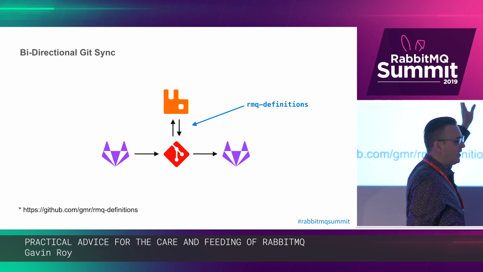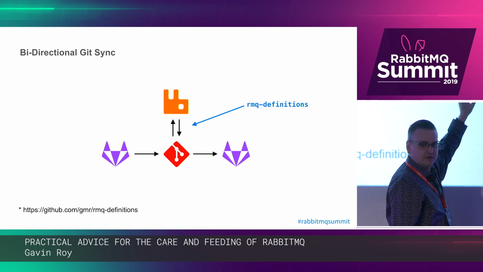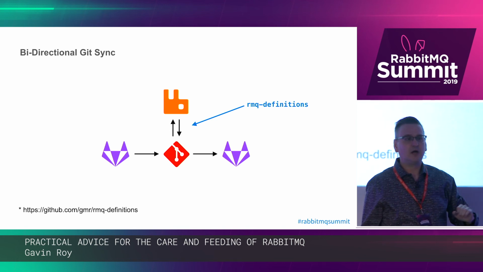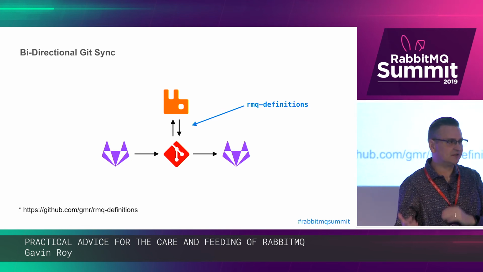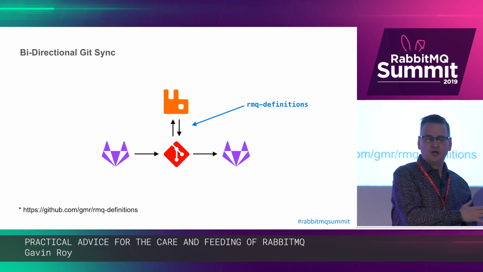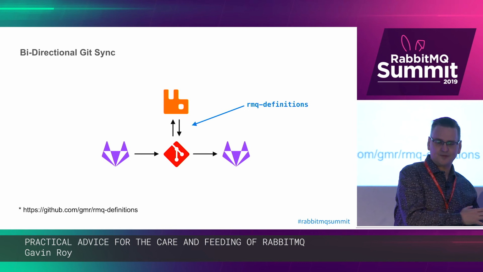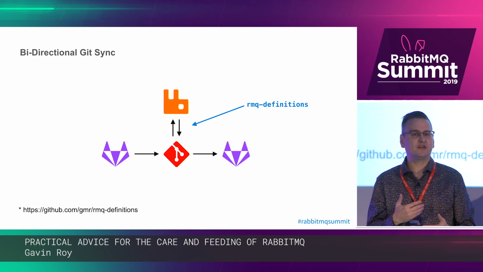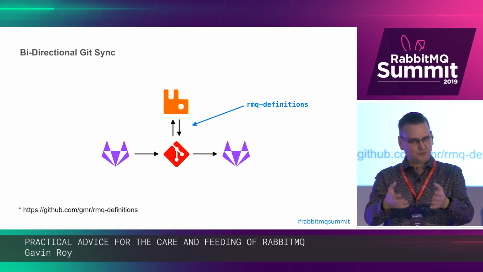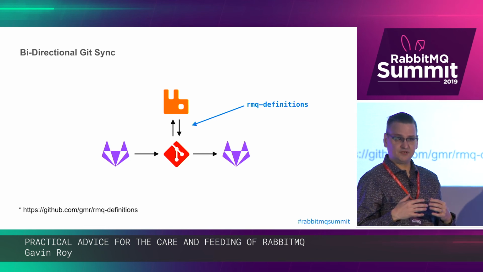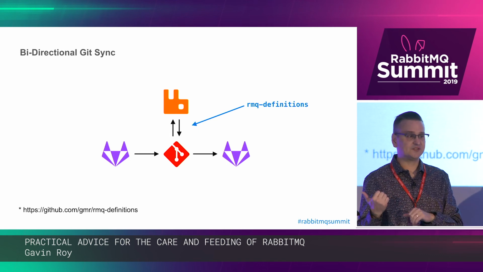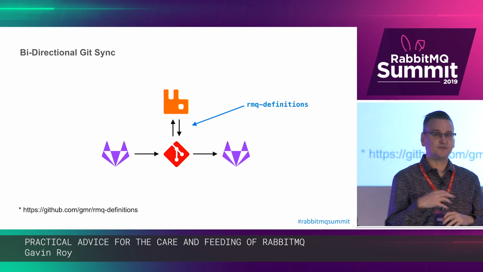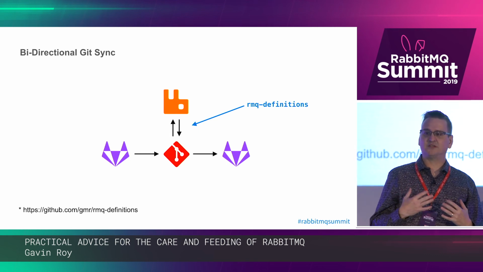We'll pull that down onto the cluster into a local Git repo. We'll use scripting in our configuration management to automate the application of those definitions into Rabbit. And we'll pull the current state of Rabbit out, pull that into the Git repo. If there's anything different, we'll commit it and push it back to GitLab. And it was a nice compromise because it satisfied my concern. I didn't want to be constrained.